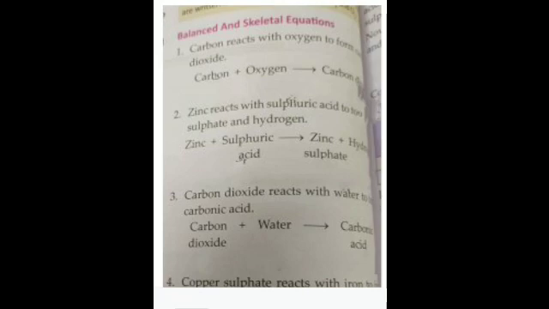That is the first equation that is given in your book, that is carbon reacts with oxygen to form carbon dioxide. So I've told you the rules, that first we write the correct symbols or formulae for the reactants on the left side and products on the right side in the equation. So according to this, it is carbon plus oxygen. We represent it in the form of oxygen molecule O2. We don't write it as O only. Then what does it become? C and O2 combined together, they give you carbon dioxide.